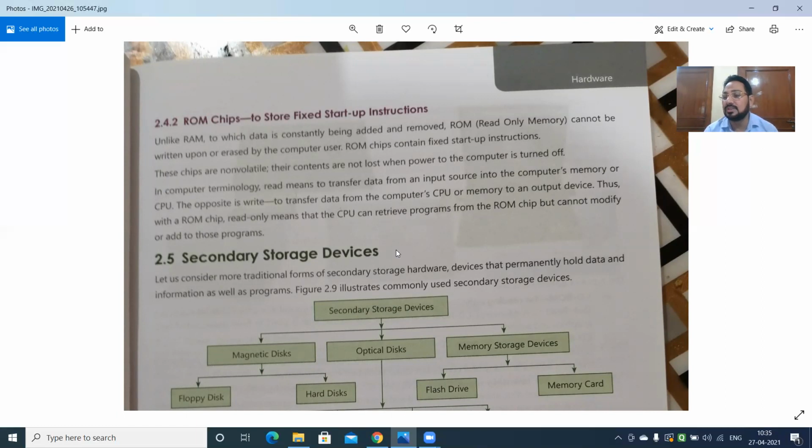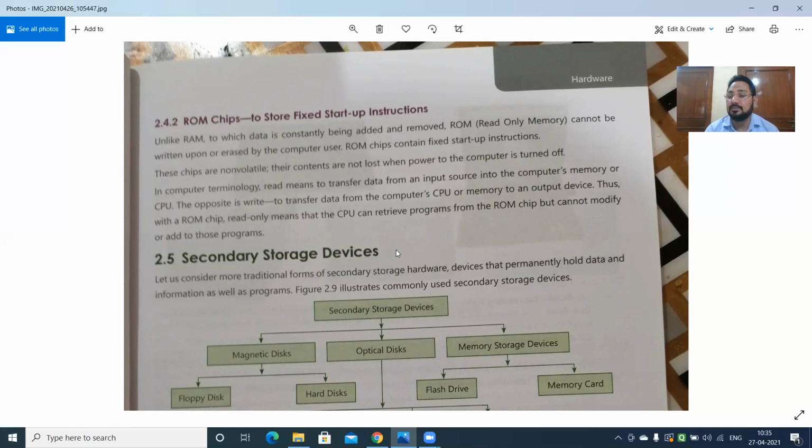Normally, the ROM chip which we have on our systems, our PCs, personal computers or laptops, is a ROM chip, because there are different types of ROM also, that is EROM, EPROM, etc. But I'm not discussing that, because that is erasable and programmable ROM. So I'm not explaining it, it's not given here.